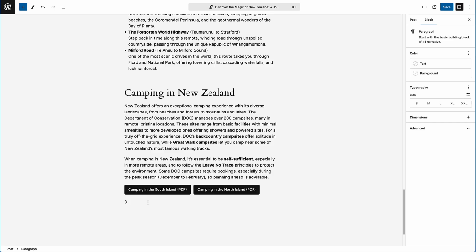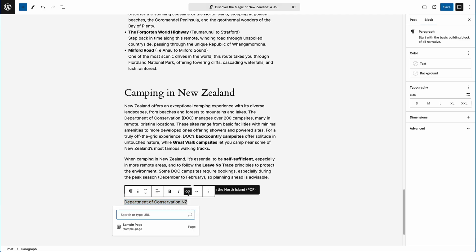So I'm just going to write Department of Conservation NZ, select the text, link, and this time I copied that to the clipboard, so I'm going to just paste that, nice and easy, submit,